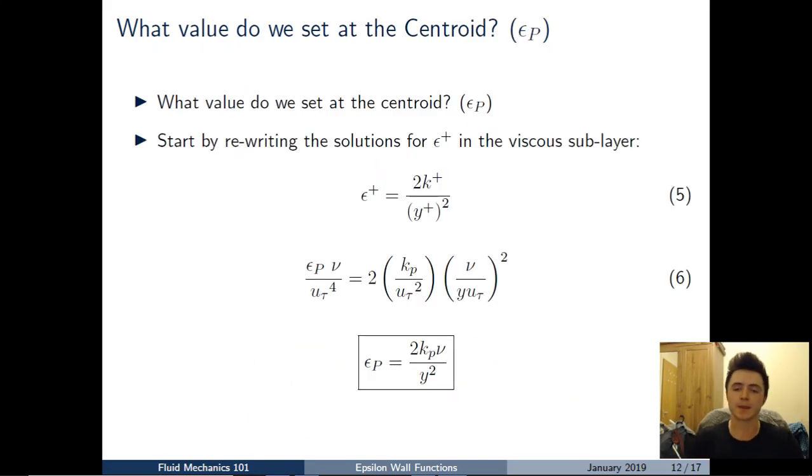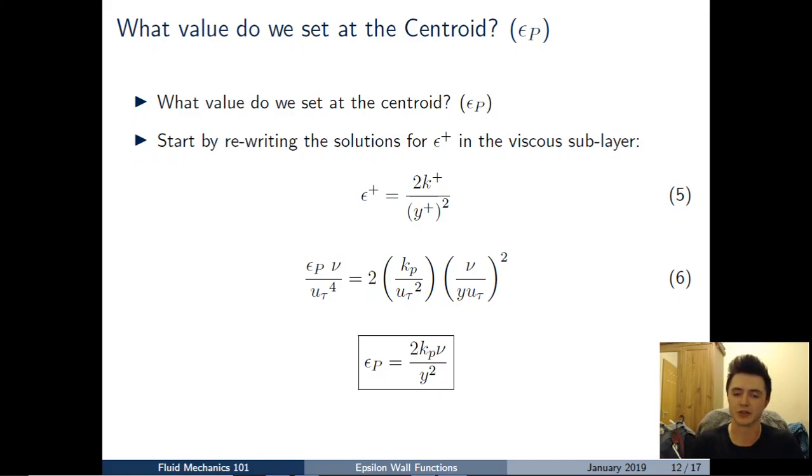The first thing we'll do is look at the solution in the viscous sublayer, that's equation 5, and then we will substitute in the real quantities for epsilon plus, k plus and y plus. And that rearrangement you can see there in equation 6. We've substituted for epsilon, for k plus and for y plus, and then cancelling terms and rearranging, we arrive